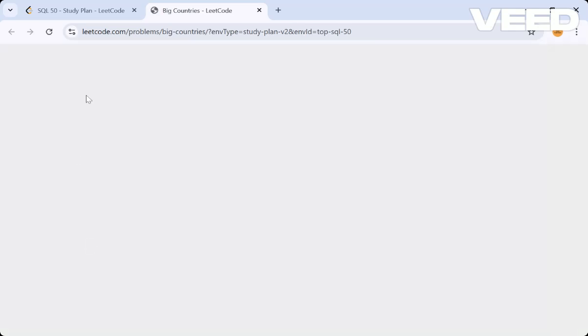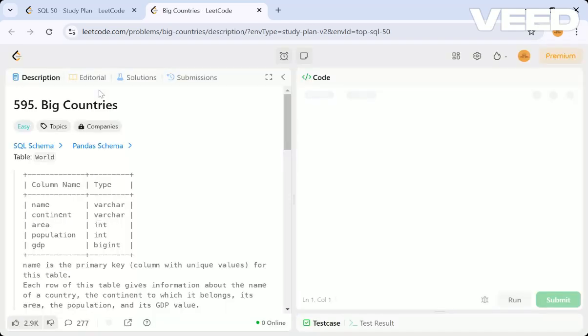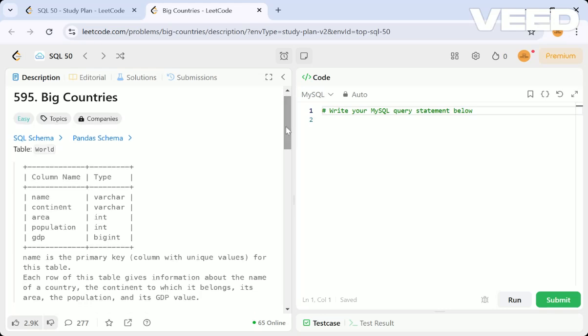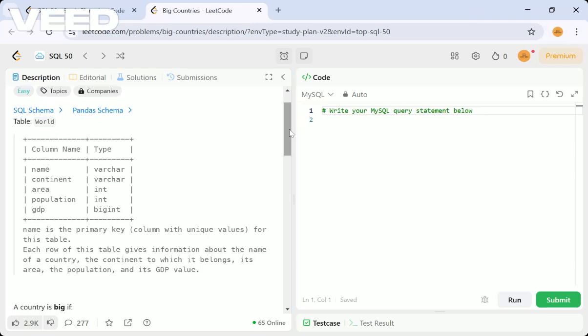You can just go to leetcode.com, sign up with your mail account, and then you will land on so many questions in LeetCode. Just go to SQL 50 and search for that, where you'll have 50 SQL questions. In this series, we will be solving each and every question with a more detailed description, and then explaining a full-fledged query with everything in detail. So let's get started with the third problem statement.